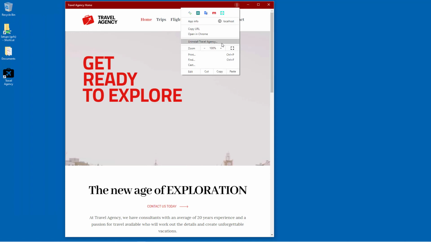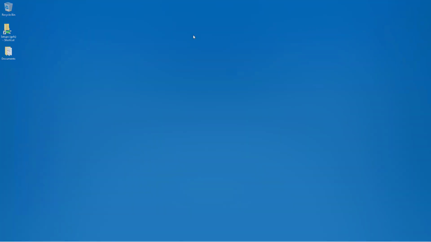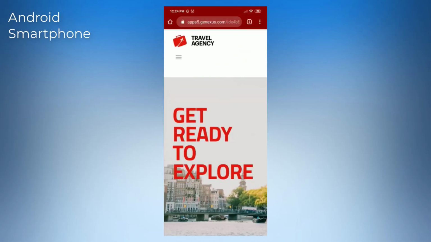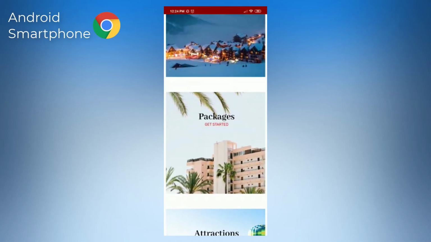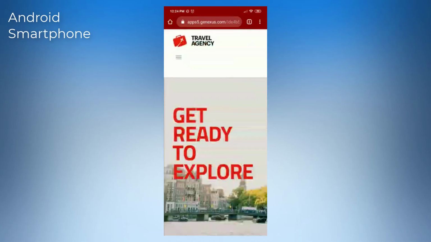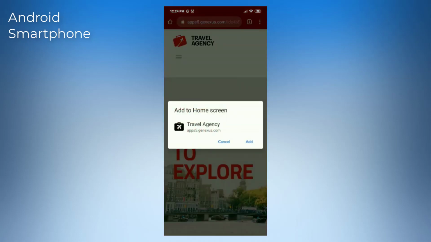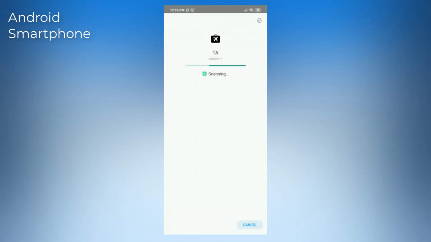Within this same window, we'll have the option to uninstall the application. Now let's try running it from a mobile device. In this example, we'll use an Android device with a Chrome browser. We access the URL where we publish the site, and then from the Options menu, we select Add to Home Screen. From that moment on, the application will be installed on our device. Once the installation is finished, we can open the application and start using its functions.